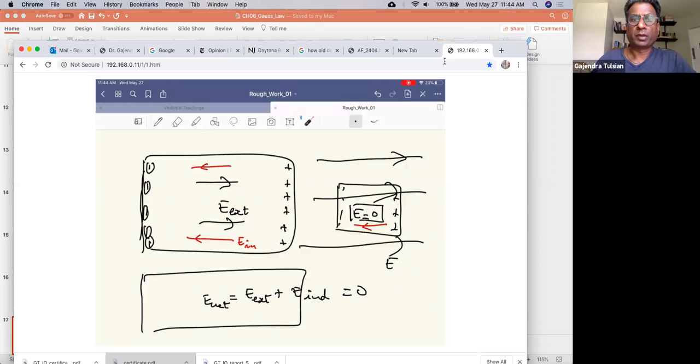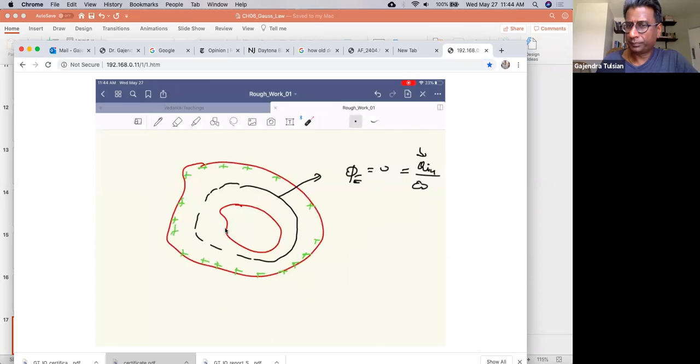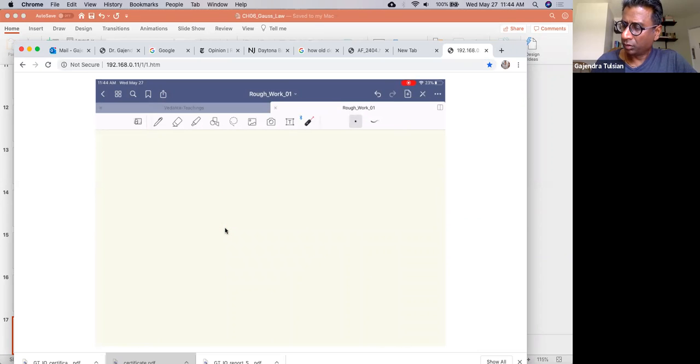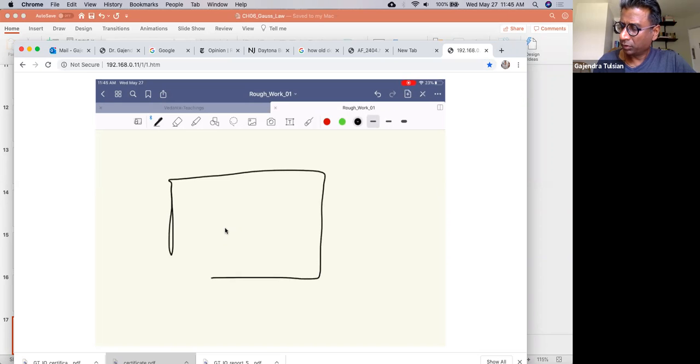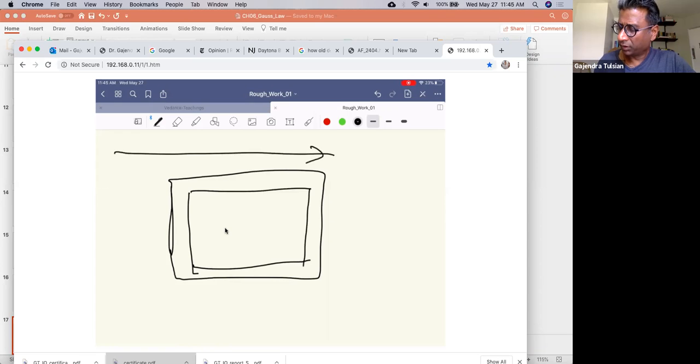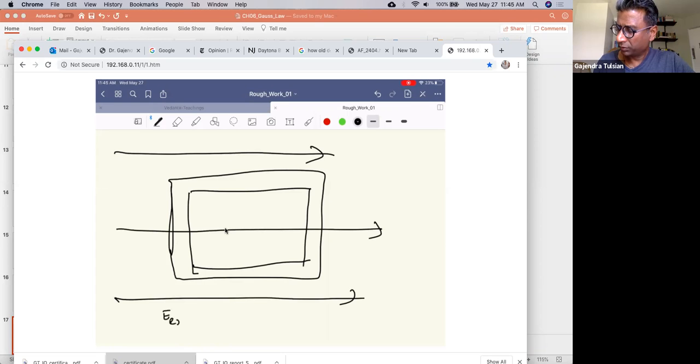Okay, so here's the Faraday's cage again. Let me do a fresh diagram. Here's the metal box. If there's an external electric field, E external, if there was any external electric field,